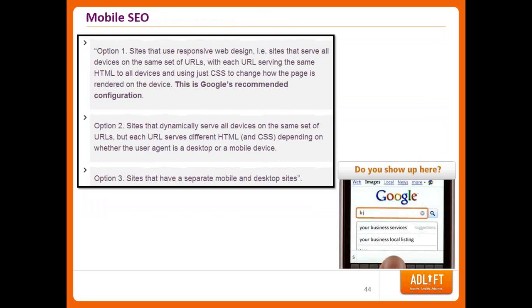And then moving to the other section, which is mobile SEO. So when actually you